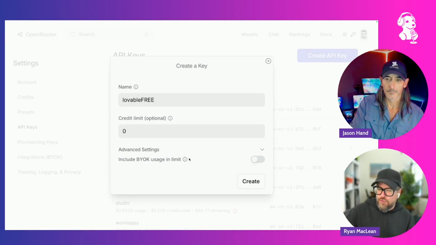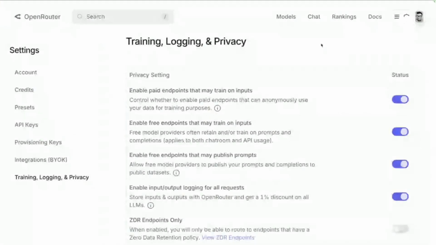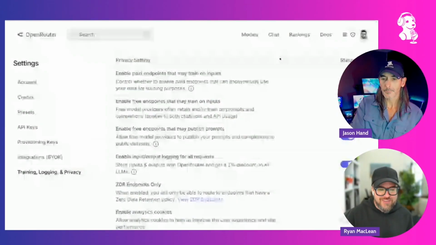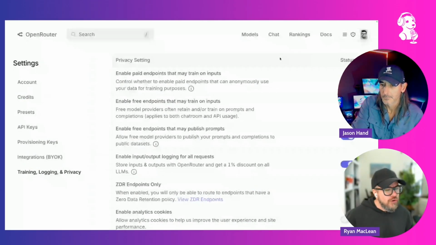So if somebody brought their own key into this to be part of that limit, that could work for sure. So for example, if you've added in keys from other providers into OpenRouter, that could be handy. But I think what was interesting to me is under training, logging, and privacy, this is pretty important because I think a lot of people will say there's no such thing as a free lunch. And these days when it's free, chances are they're training a model on it. And in fact, that is the case here, but there's a few other things that you can do